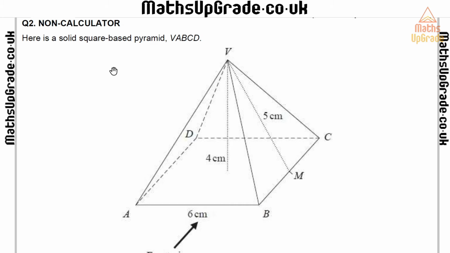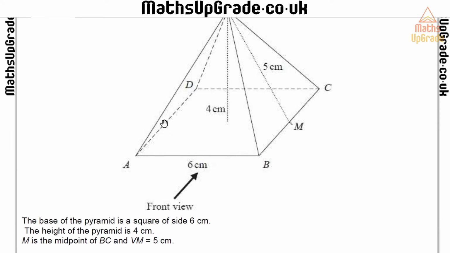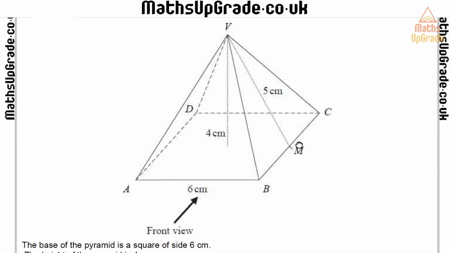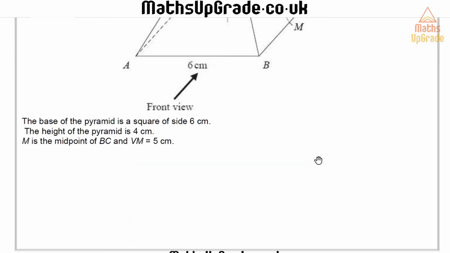Question 2. I'm given a solid square-based pyramid VABCD. And I'm told that the base of the pyramid is a square of side 6, the height is 4 centimeters, and M is a midpoint of BC, with VM being 5 centimeters. The first thing I'm asked to do, for 2 marks, is to draw an accurate front elevation of